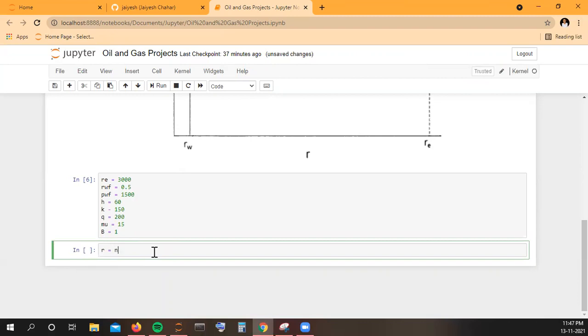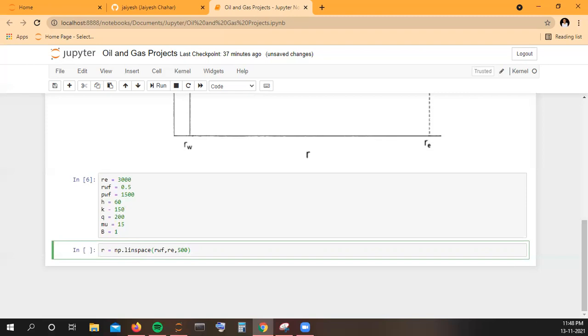So yeah, what I'm going to do is use the linspace function from NumPy. If you don't know what linspace is, go and watch our NumPy tutorials; we have covered it there. Basically this linspace is going to create 500 points between my RWF to RE.